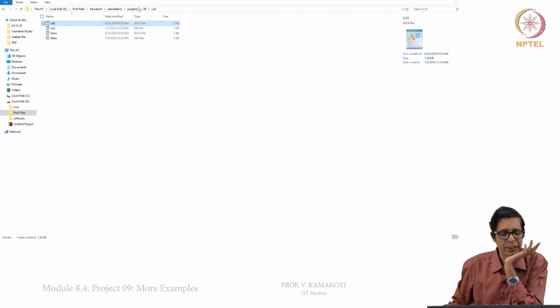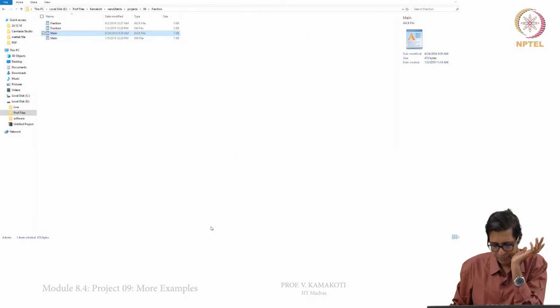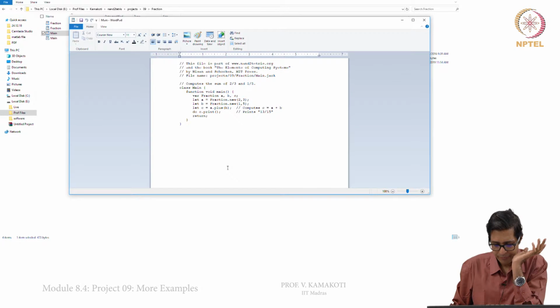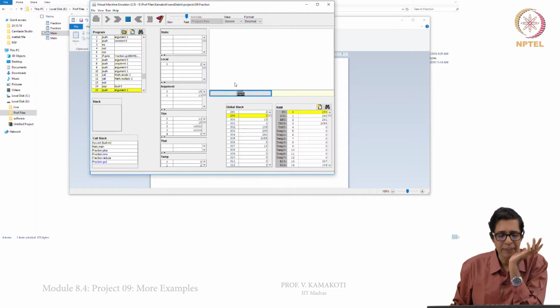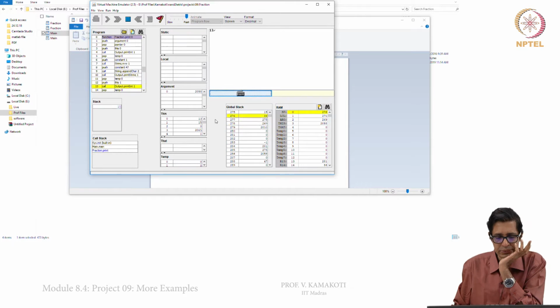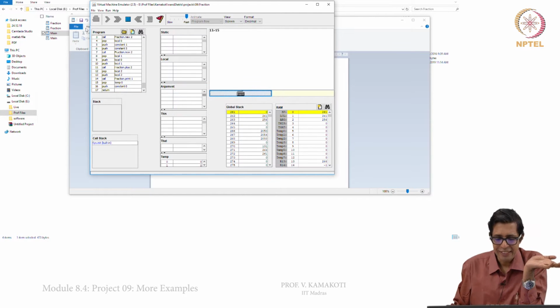As this is working, let us just recap what we were trying to do with the fraction. We were trying to do 2 by 3 plus 1 by 5, which would give you 13 by 15. Okay, so let us see what's happening. Yeah, 13 by 15 got printed here.